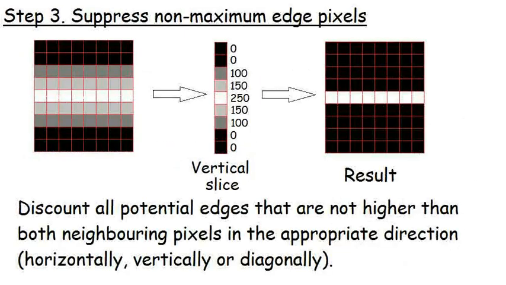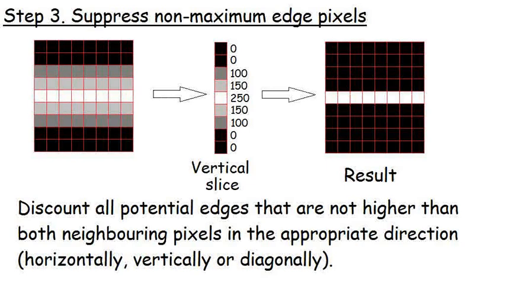The next step is to remove any potential edges that are not higher than both the pixels on each side of them. This makes the edge thinner and therefore sharper, like whittling a knife blade to a fine edge. Take a look at these pixels. There's a horizontal edge running through this image, but it's a thick and fuzzy one. Using just the edge detection that we've met so far, all those pixels that aren't black are labelled as a